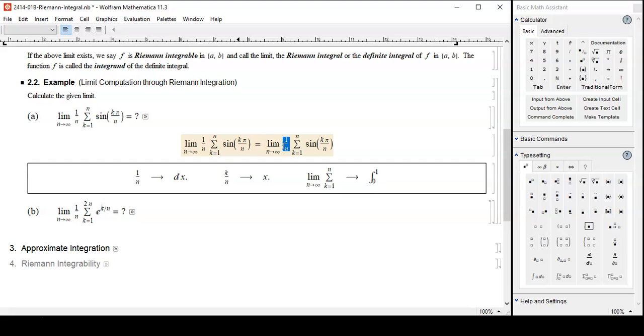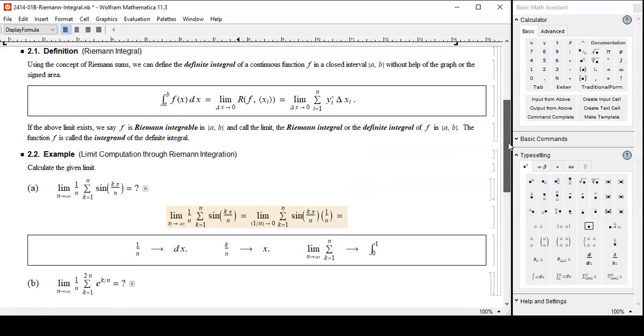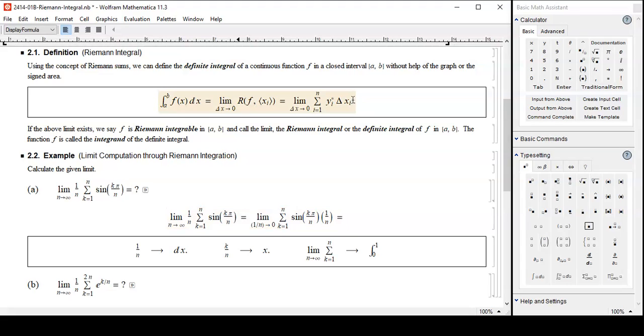I can move this 1 over n to the right-hand side here, just a multiplication, and then more importantly, this n going to infinity, rewrite it as 1 over n going down to 0. That's the equivalent, isn't it? So here, n going to infinity, here 1 over n going to 0. Now that's going to 0, and then compare that with the definition of the Riemann integral here. Delta x is going down to 0, and then this one here,